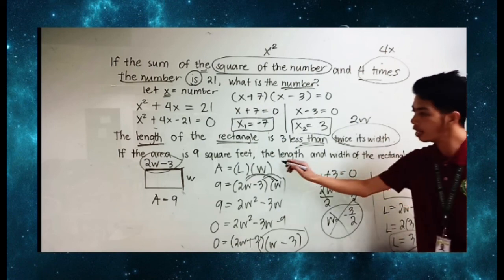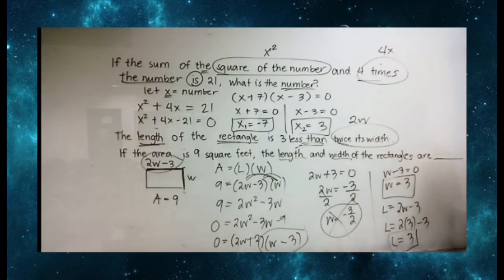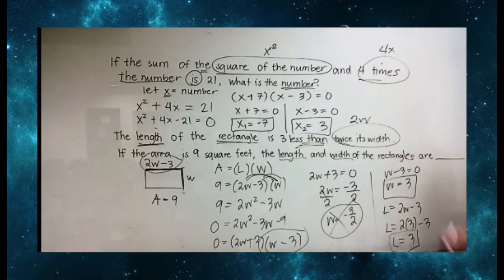Okay, so nakuha natin ang length at ang width of the rectangle. Ngayon, i-check na natin. Ang sabi, ang area is equal to L times W. Area is 9. Ang length daw natin ay 3 times ang width natin ay 3. You have 9 is equal to 9. So, tama. So, ang width natin ay 3 at ang length natin ay